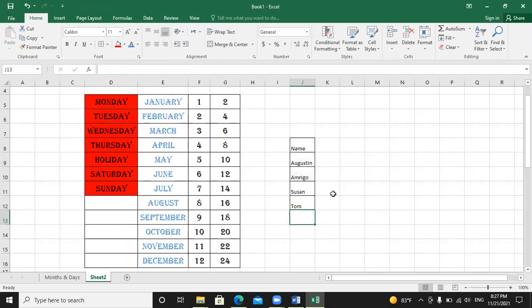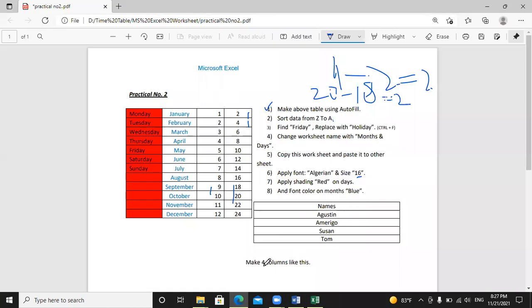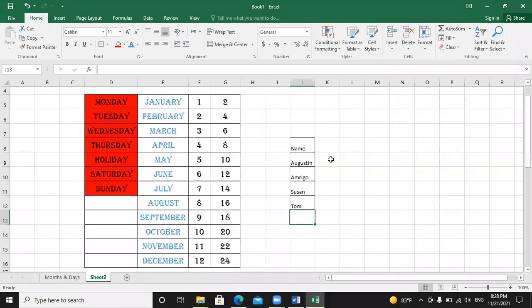Here I want to make 4 columns like that. This is only one column. Here I need 4 columns like that. So how can we do it in Excel? You can easily do it. One option is to write again here and make the table from here, then select all borders. This is difficult, but in Excel it's very easy. Just select it.